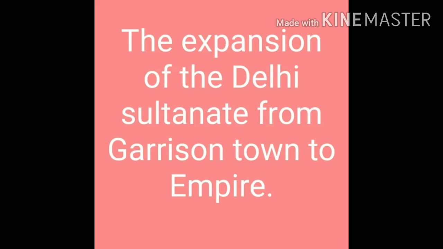The second expansion occurred along the external frontiers of the Sultanate. Alauddin Khilji started military expeditions into southern India. In these campaigns, Sultanate armies captured elephants, horses, and slaves and carried away precious metals. These expeditions were